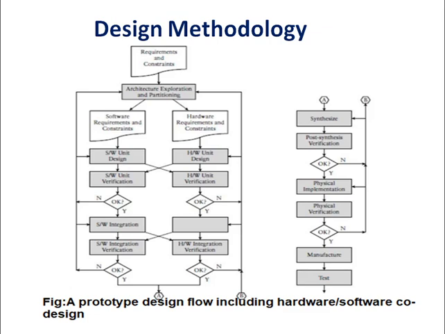Let me go to physical implementation. Before going to physical implementation and physical verification, let us see what we mean by physical design. A physical design is a process of transforming a circuit description into a physical layout which describes the position of cells and routes for interconnection. Usually for physical design we use the word layout, right? Layout means the physical design.